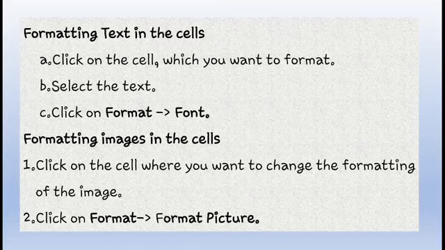Select the particular cells which contain some text, then go to Format, then choose the option Font. You'll get a Format Character dialog. Here you'll have a lot of tabs like background color, fill effects, font effects. Whatever changes you want to make, you can make here. Next one, formatting images in cells. If you want to format the pictures in the cells, you can. For this you have to go to Format, then choose Format Picture.